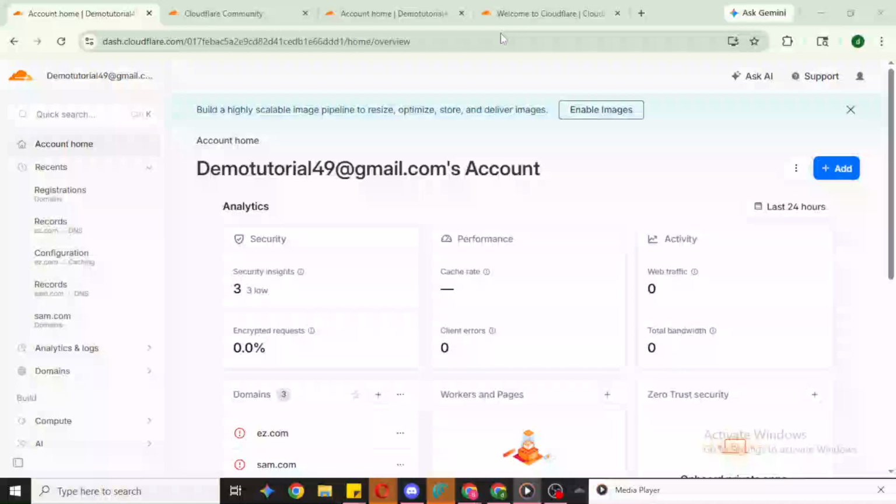In today's video, I'm going to teach you using development mode in Cloudflare. If you're updating your website's design, tweaking CSS or JavaScript, or making quick content changes and want to see those updates immediately, development mode is your friend. It temporarily bypasses Cloudflare's cache, so your site serves fresh content straight from your origin server while you work.